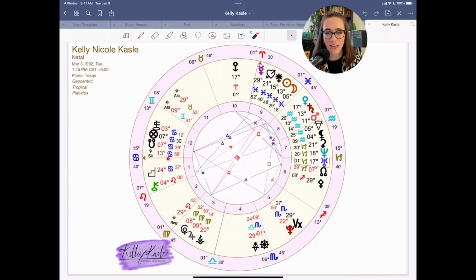Number 1 is the self and the ego. House 2 is our money, our values, our standards. Once we know who we are, then we have to figure out what we believe in. 3 is the mind, communication. 4 is family, our home, our physical home, how we feel nurtured. 5 is our creativity, our love. It's the house of the king. 6 is our health. It rules pets. 7 rules relationships,